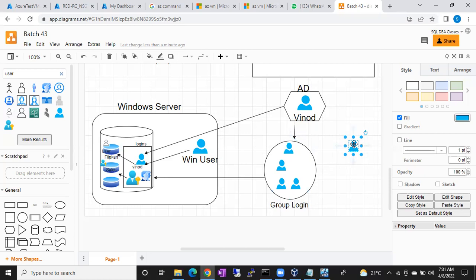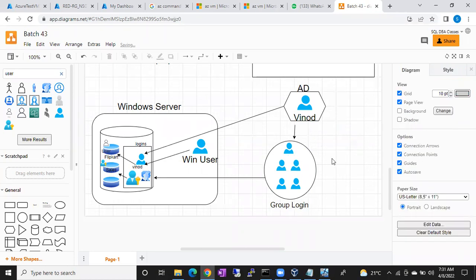Okay, so what are we going to do? Nothing we can do. Why? Because we cannot add this person into the group. We'll simply ask this person, hey, please go to the Windows team. They are going to add you into the existing group so that automatically you will get the permissions. No need for the DBA to interfere here.